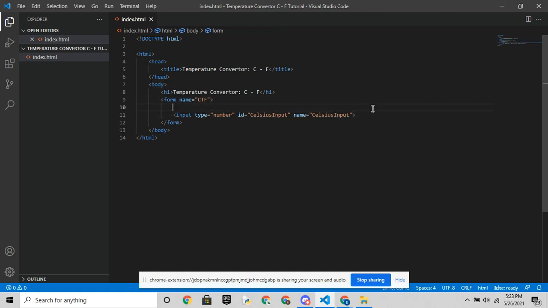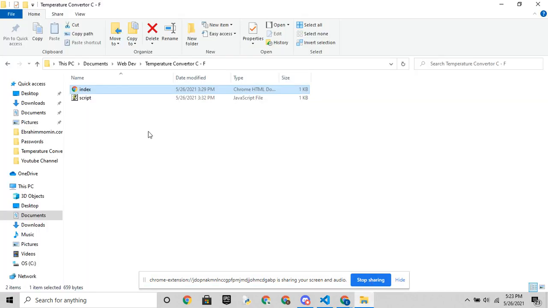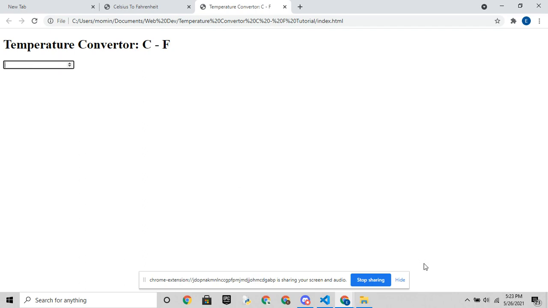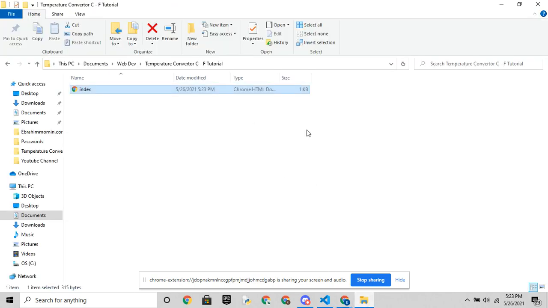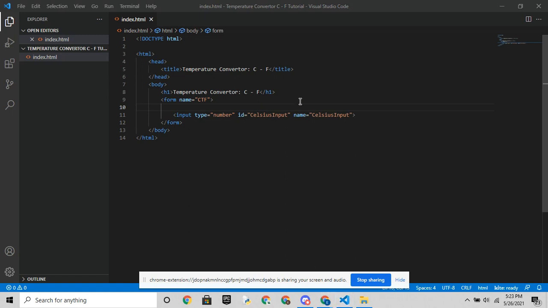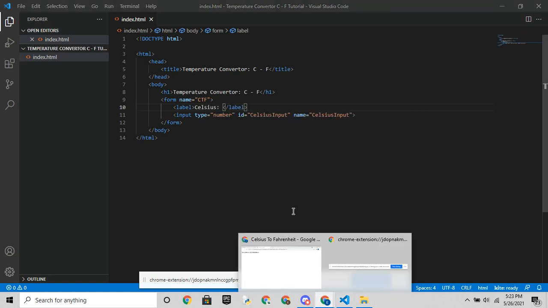And right now, if we open index, you see the person won't really know that that's where you put the Celsius number into. So we're going to create a label, and what a label does is basically you can type something in here like Celsius, and if we do this,